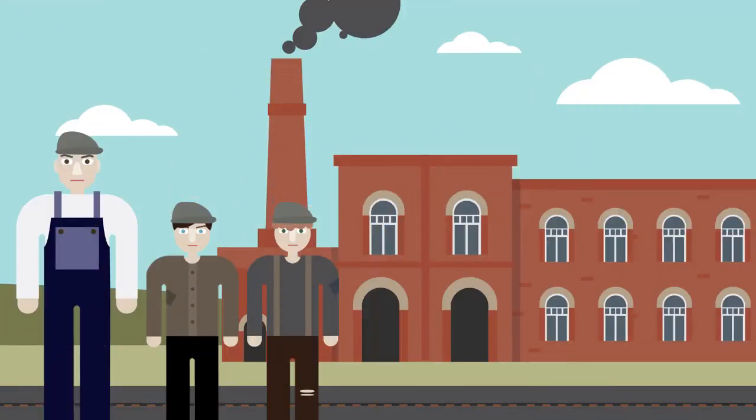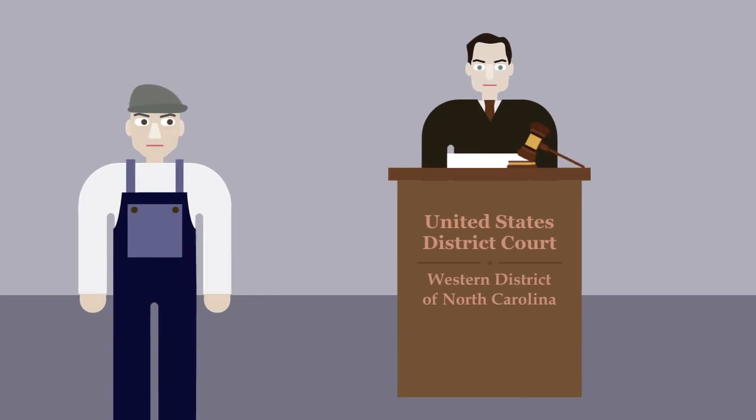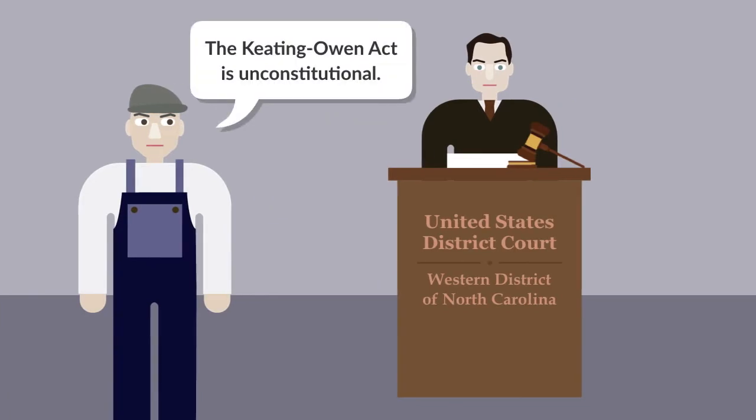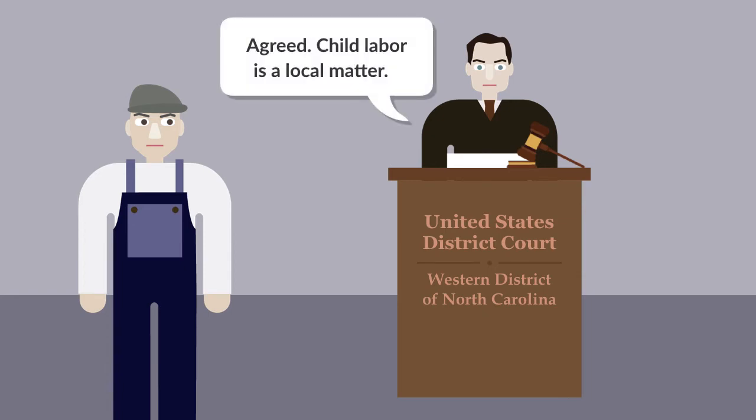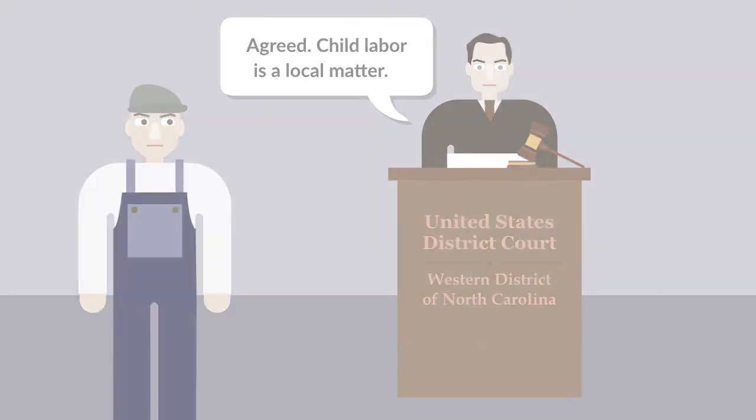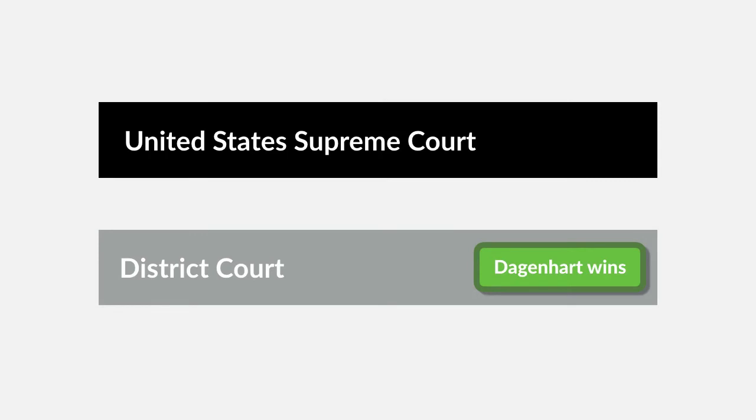Dagenhart owned a cotton mill and employed 2 of his sons there. He brought a constitutional challenge against the Keaton-Owen Act, alleging that it was an unconstitutional exercise of Congress's Commerce Clause authority. The District Court for the Western District of North Carolina agreed with Dagenhart. The court held that Congress acted unconstitutionally in attempting to regulate child labor because it was a purely local matter. On direct appeal to the United States Supreme Court,